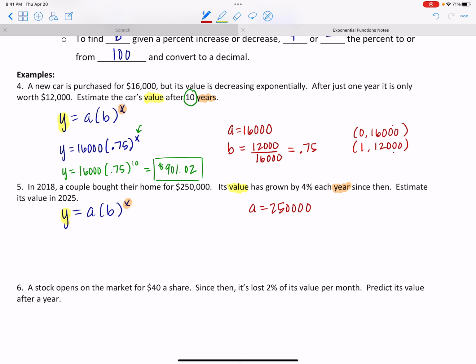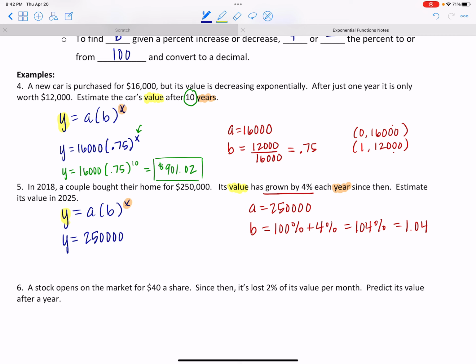Now they're telling me here it's growing by 4%. So the house starts at 100% of its value, and it's going to gain 4% every year after that. So B should be 104%. But we don't actually use percents when we make calculations. We use the decimal for those percents. And so we're going to change this to 1.04, and that's what we're going to plug into our function. So our function becomes y equals